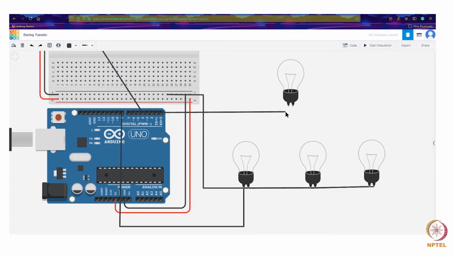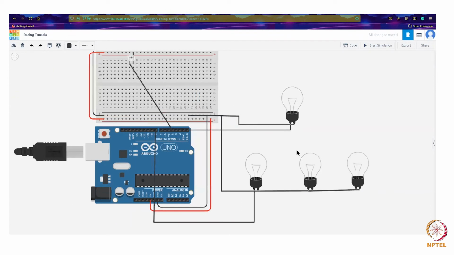We'll put this one to the 7th pin. And we will short the ground to the second. Alright, so we set the 7th pin and the 8th pin as terminals for turning on the lights.